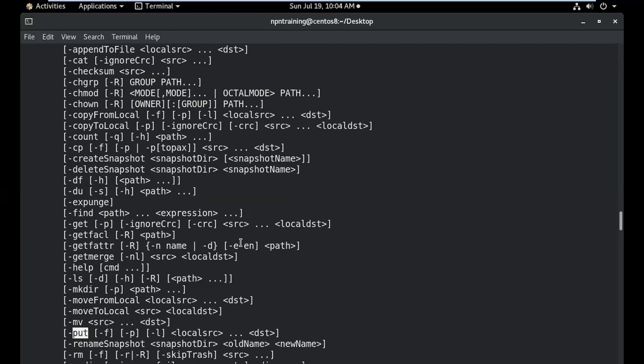So you should always copy the data to your local file system. From the local file system, you have to copy the data to HDFS. You don't have any clients to copy the data directly from outside. For example, we used to copy data with WinSCP from Windows to Linux boxes, right? Like that, we don't have any tool wherein we can copy the data from Windows to HDFS directly. We have to execute this set of commands.